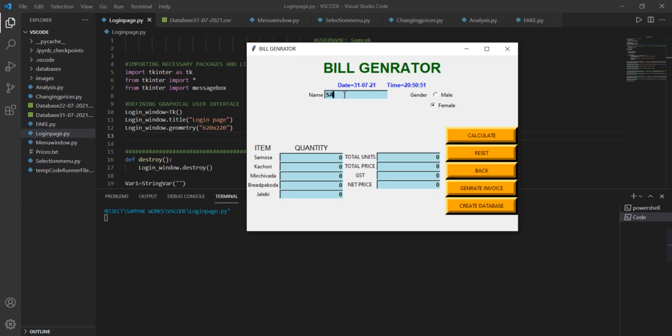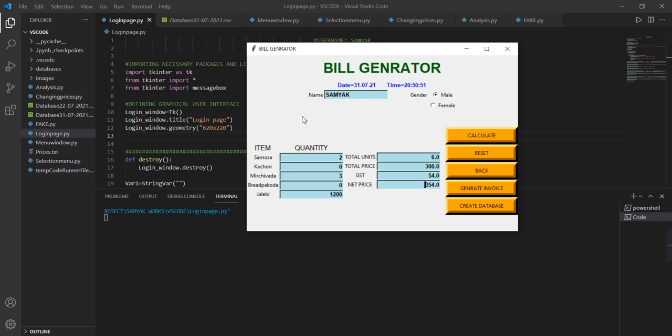Let's suppose the name of the purchaser is Samyak, his gender is male, he purchased two samosas, three mirchi vadas, and 1200 grams of jalebi. So let's calculate. The total units purchased by Samyak is 6, price is 300 rupees, GST is 54 rupees, and net price will be 354 rupees.